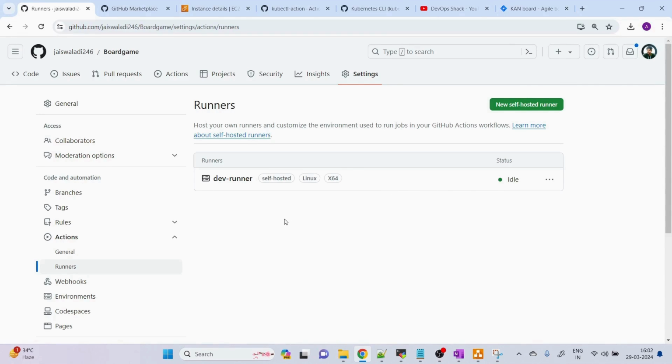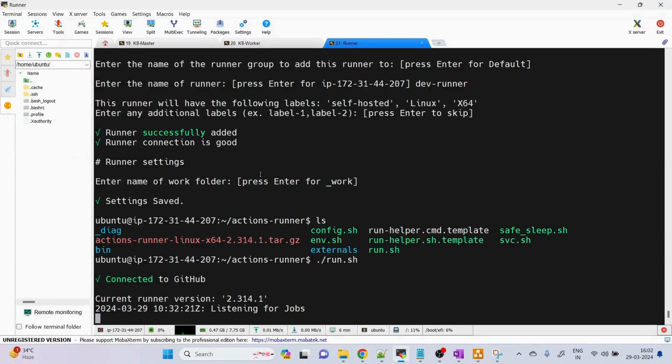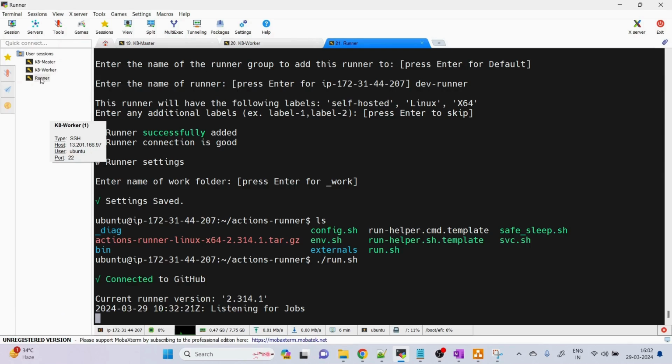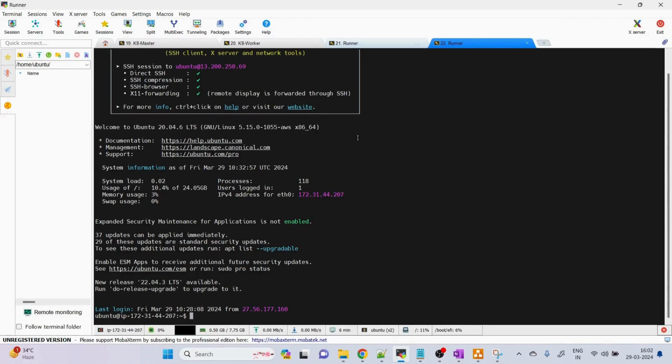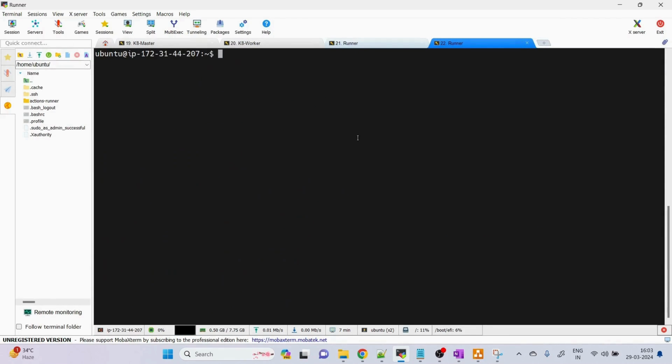Okay, now this is good. So runner is created and Kubernetes cluster is also created. I'm going to open the runner session again because this is running. If I close it, then the runner will be stopped, right? So I open the runner again here. And now what I want to do, I want to set up